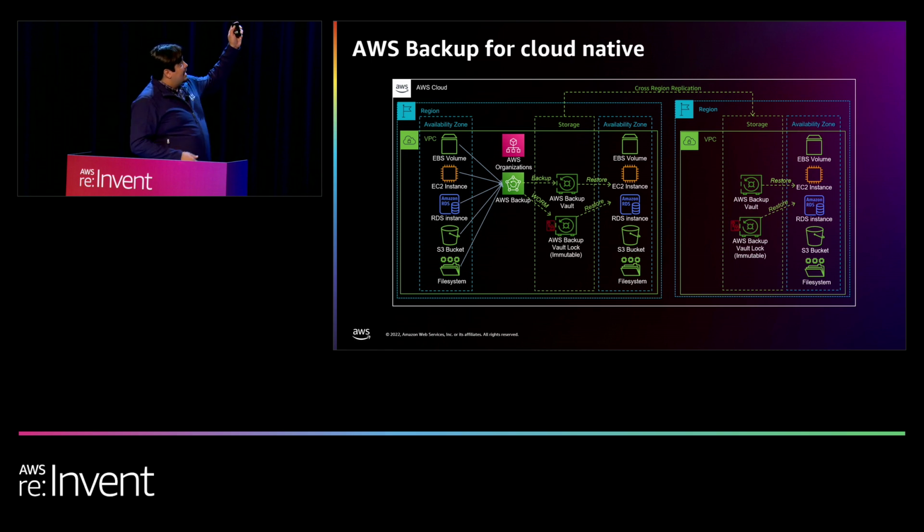Finally, as you can see, you have a line connecting the two regions over there. AWS Backup will allow you, when you're creating the backup plan, to define a secondary region. So you can copy your backups to the secondary region to provide a separation from production and an off-site backup in another region. This copy can be in the same account, or it can even be created like an air gap, a logical air gap scenario, sending that data to another account in the same or a different region. When you provide that copy to a separate account, you create this logical air gap.